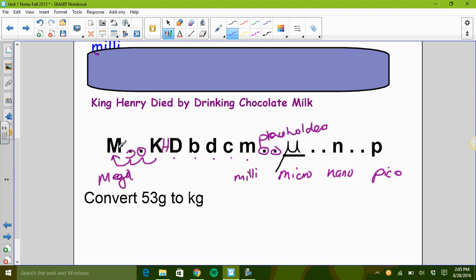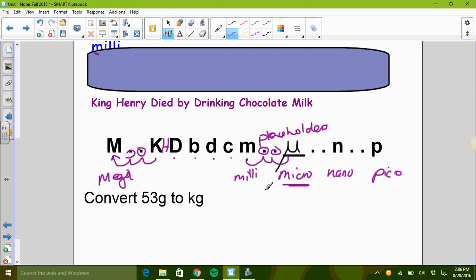So a megameter, for example, is 1,000 times greater than a kilometer because it's 3 zeros away. And a micrometer is 1,000 times smaller than a millimeter because it's 1, 2, 3 spaces away. Yes, you're probably looking at this micro symbol. It's a U with a tail in the front, so it kind of has a funny look to it.